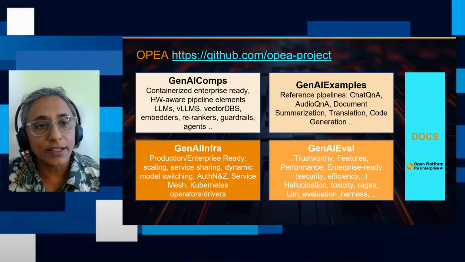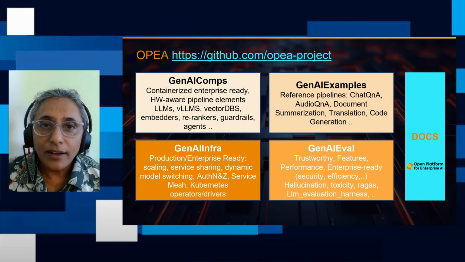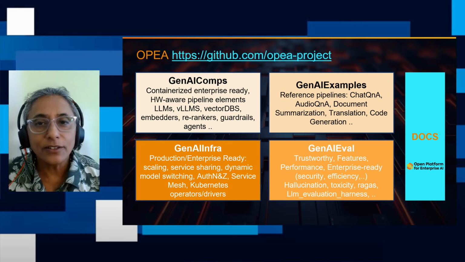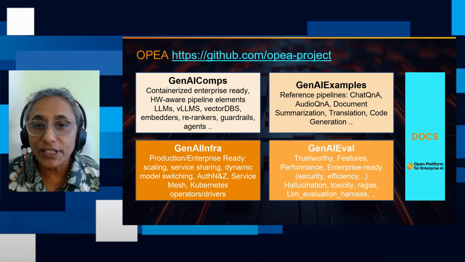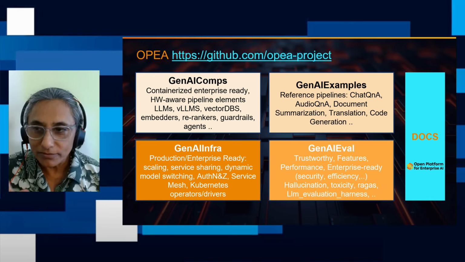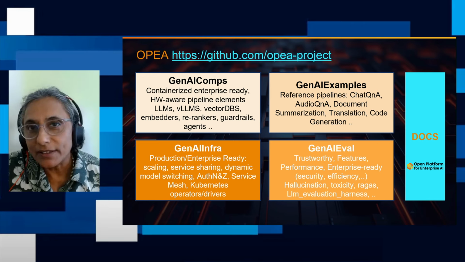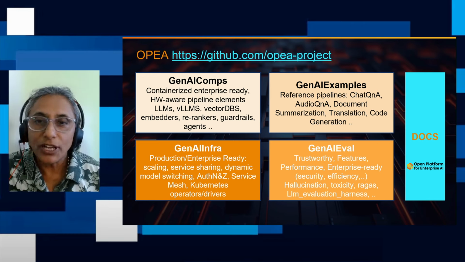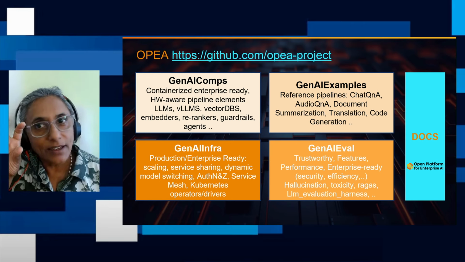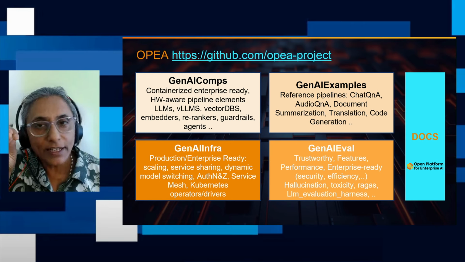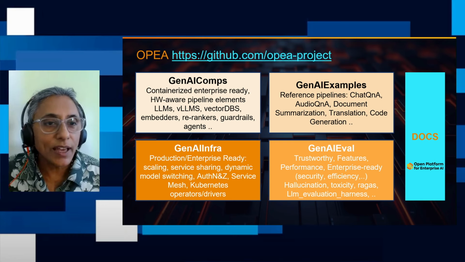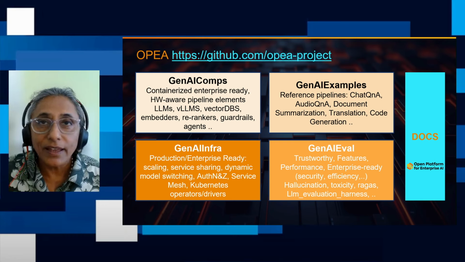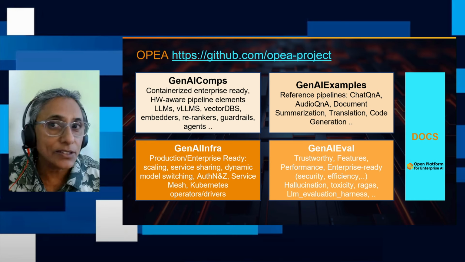What do we have there right now? We have inference engines there. So we have vLLM, we have TGI, etc. Those are the inference engines. But what else? When we looked at that earlier chart, remember, there were those different things like guardrails, the vector database, the data cleaning, processing phase. So that's where we have components like the vector database, embedders, re-rankers, guardrails, and something else that is relatively new